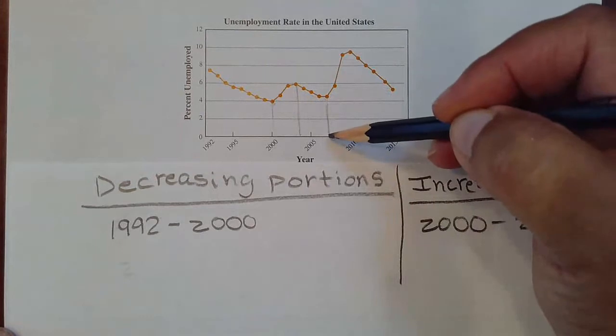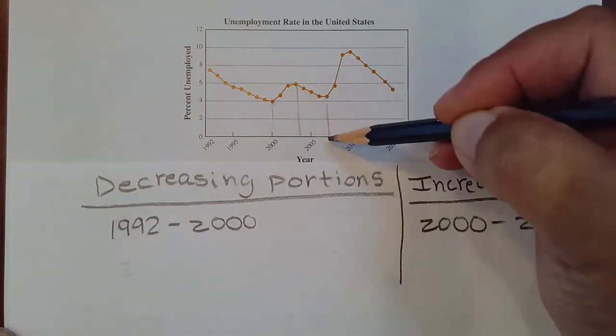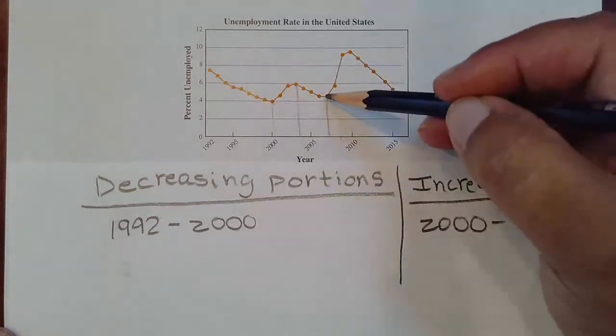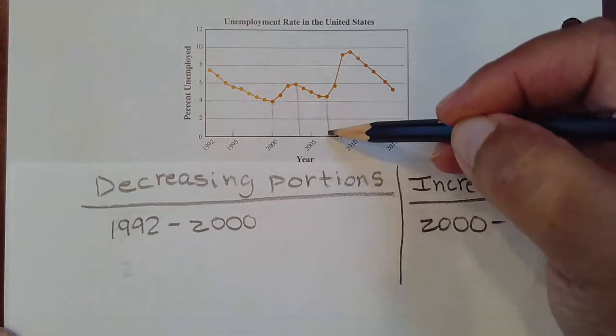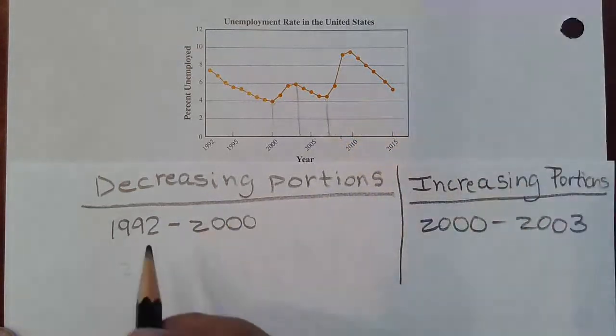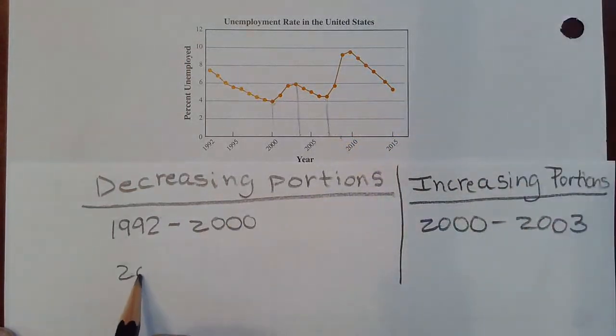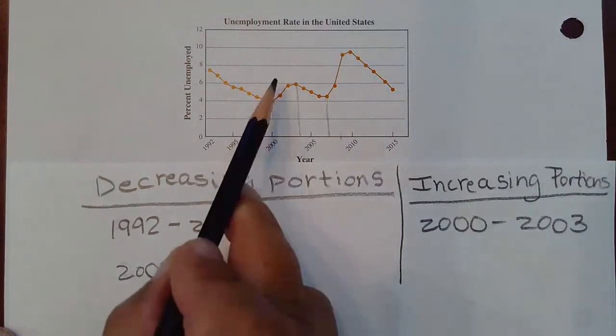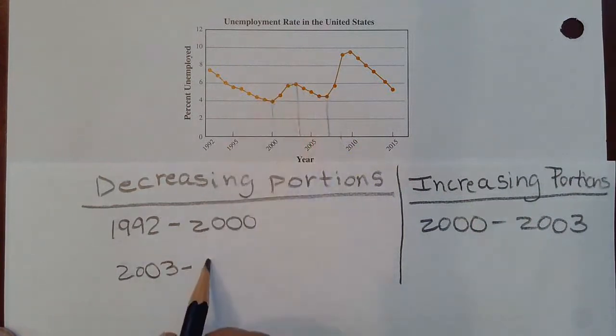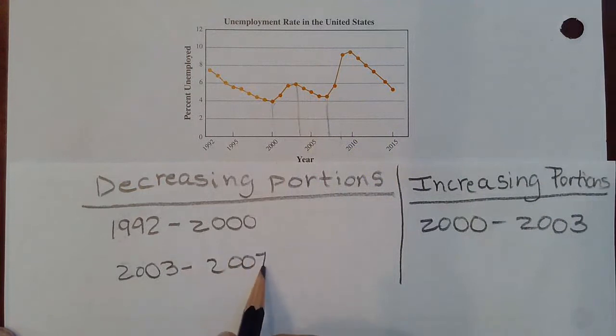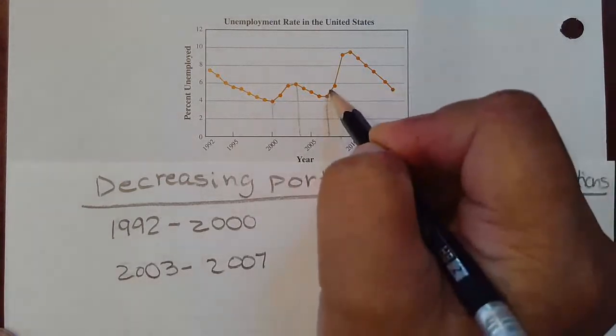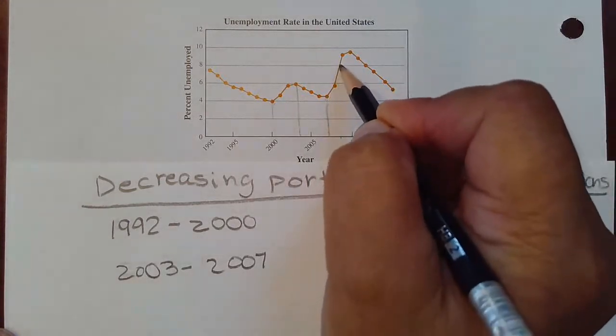If you want the exact years, instead of estimating, you can look on the previous page where these values are listed as individual numbers. So from 2003 all the way to approximately 2007, the values on the graph were falling, or what we call decreasing. Now we begin to increase again, all the way up to,